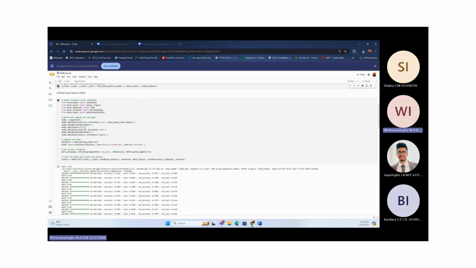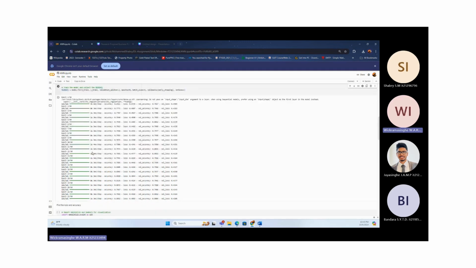Here I have first imported the necessary components. Then I have defined the ANN model, compiled the model, trained the model, and stored the results in a variable named history.